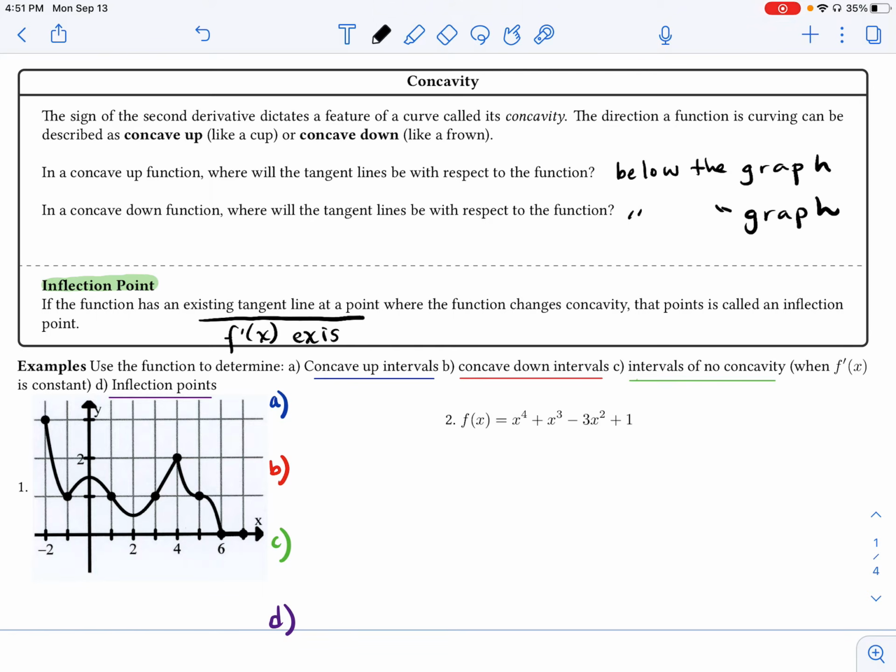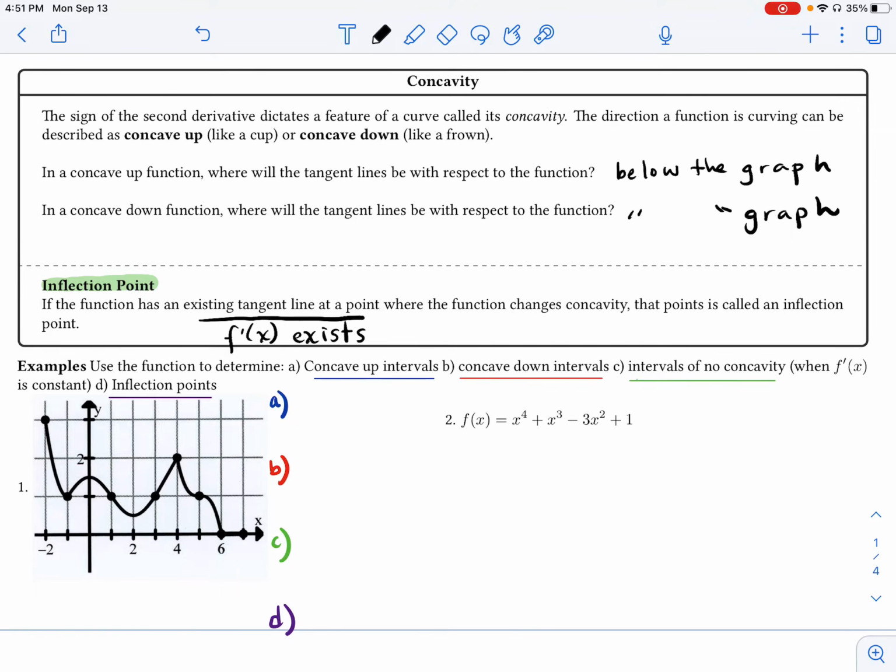Now, I'm bringing this up because not everyone necessarily agrees with that. Or I should say, there is not a definitive statement on whether or not f prime of x exists. Some texts do require that the tangent line must exist. Some don't make any mention of it. So that's not to say that they disagree, but they don't make that a requirement for an inflection point. So we are going to proceed with f prime of x having to exist, us being able to draw a